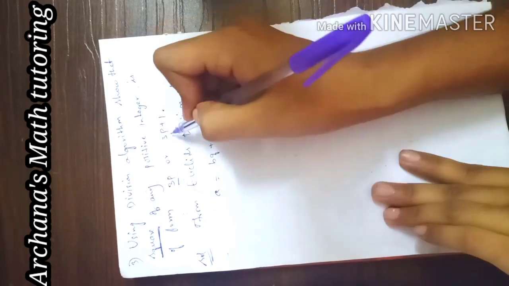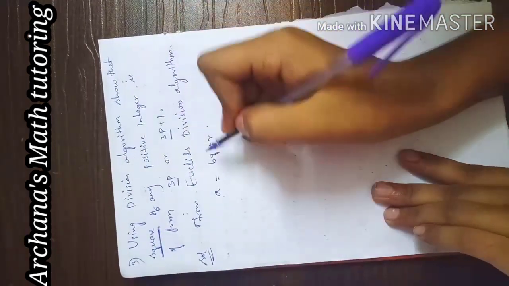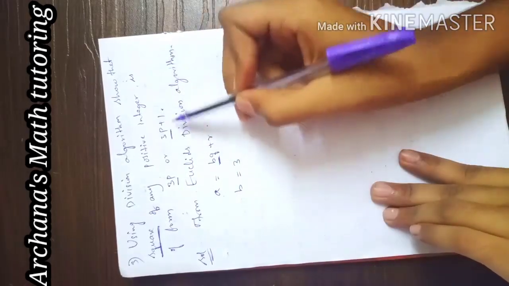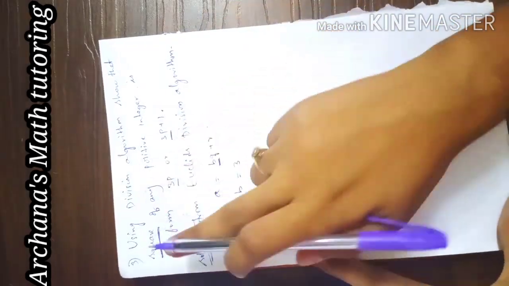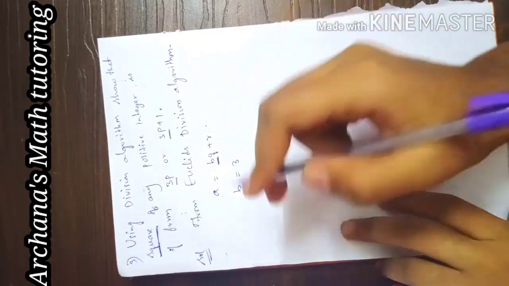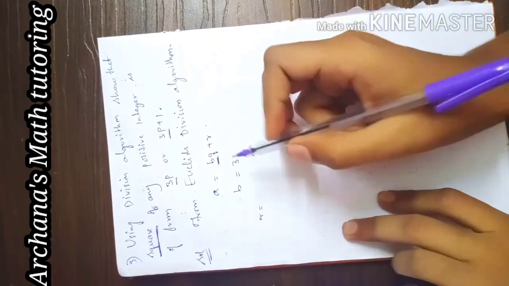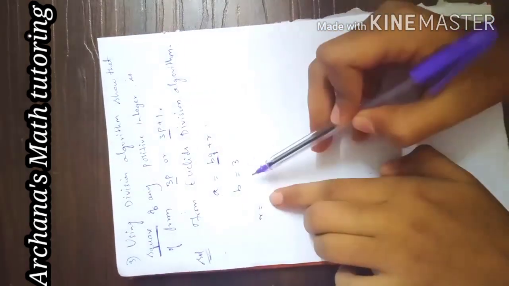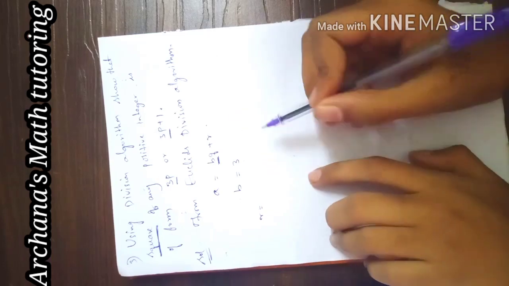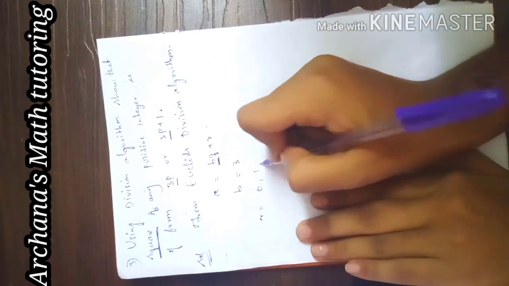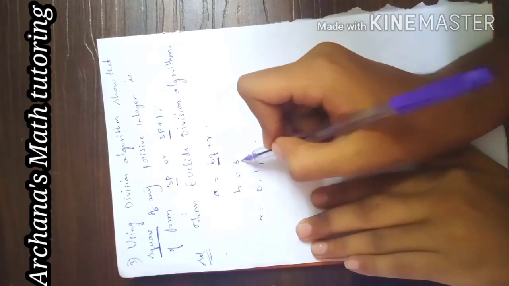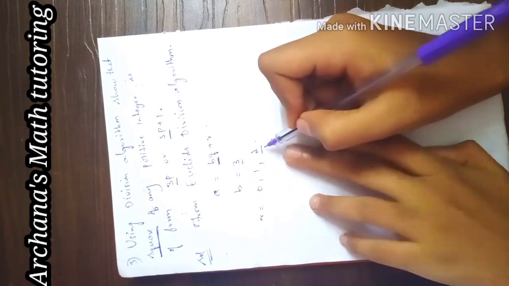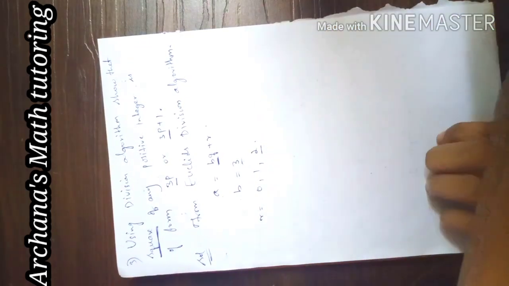Since we have 3p and 3p plus 1, the only thing we should understand is that the b value should be 3, because we need to get 3p plus 1 by squaring the number. Whenever b is 3, the remainders will be, as I said yesterday, one value less than the b value. So the remainders will be 0, 1 and 2. Always remember, if b is 3, the values are from 0 to 2, that is, from 0 to b minus 1.